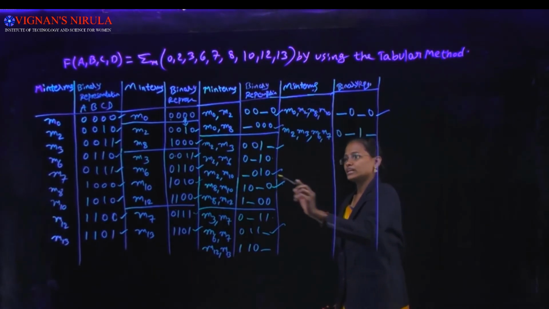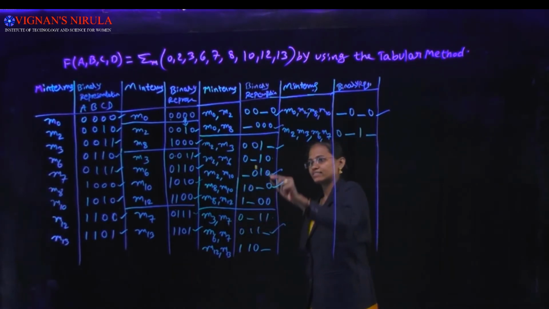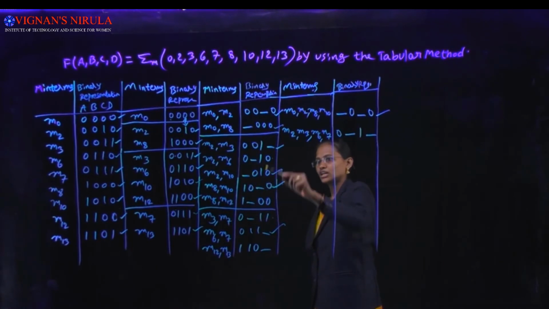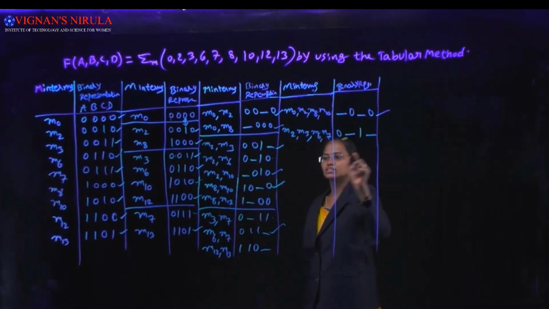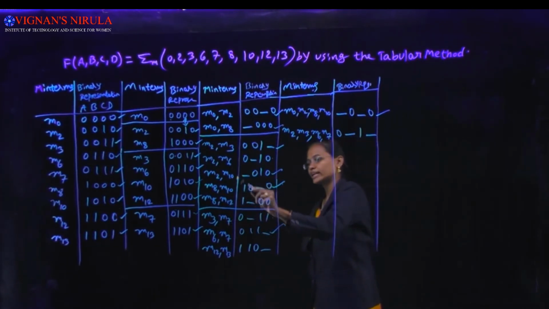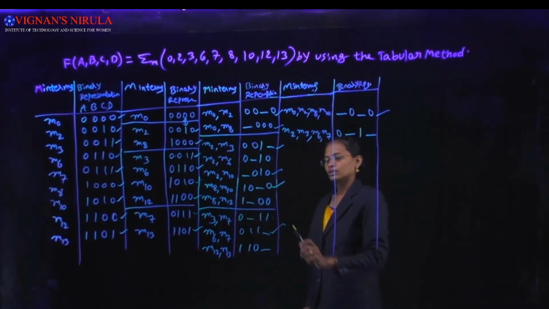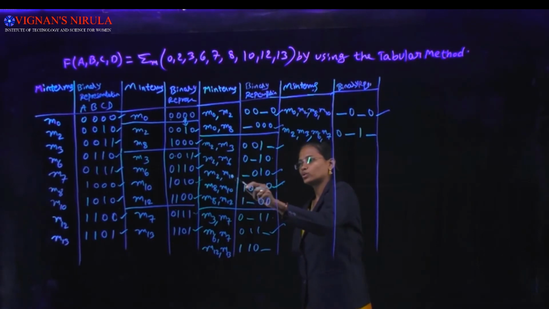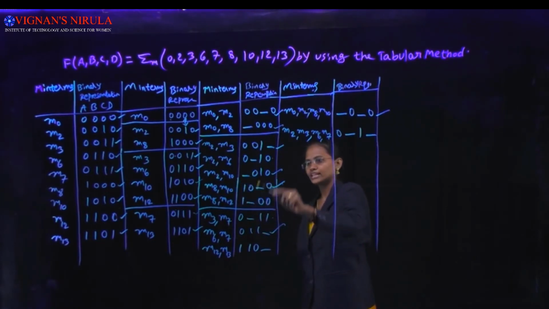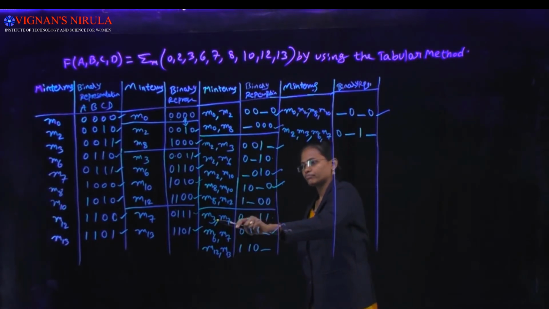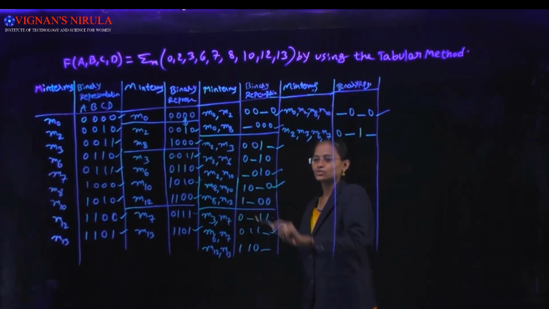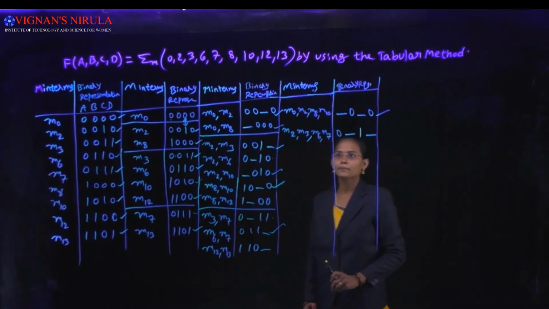Okay, here 2 6 and 3 7 0 0 dash dash and 1 1 0 1. Here 2 6 and 3 7 2 6 3 7, this is also completed. And next 2 10 and 3 7 0 dash dash 0, there is no comparing. And next 2 10 and 6 7 0 dash 0 1, there is no comparing. And next 8 10 3 7, there is no comparing. In this, 3 comparisons are there.